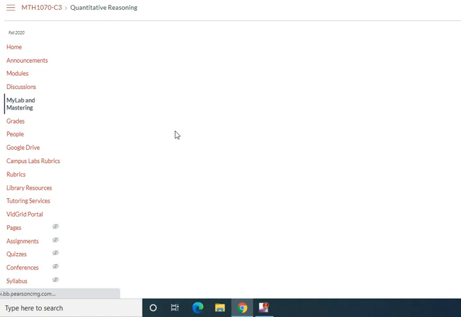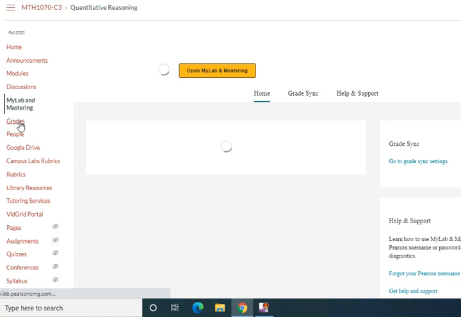My computer's having a problem, slowing down here. Okay, so I'll keep talking while it's doing that. Grades is where you can check your grades. Once again, they're going to be transferred over. And here we go. You just click on this button and it'll take you into the program. It's as easy as that. You can't get it from outside. It must be within this class.